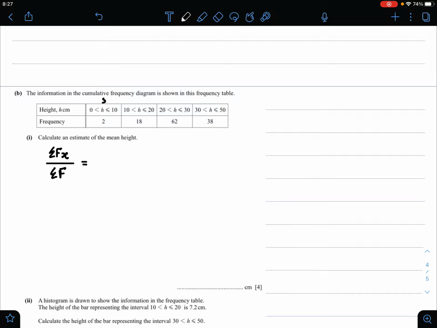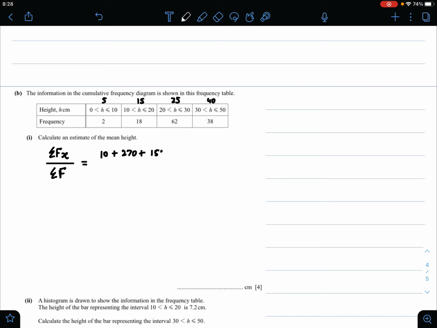So for this class width it would be 5, for this it would be 15, for this it will be 25, and for this it will be 40. And now you simply multiply the x value with the frequency. So 5 multiplied by 2 is 10, plus 15 multiplied by 18 is 270, plus 25 multiplied by 62 is